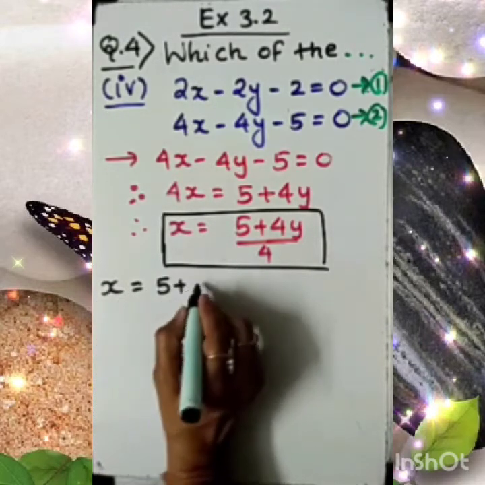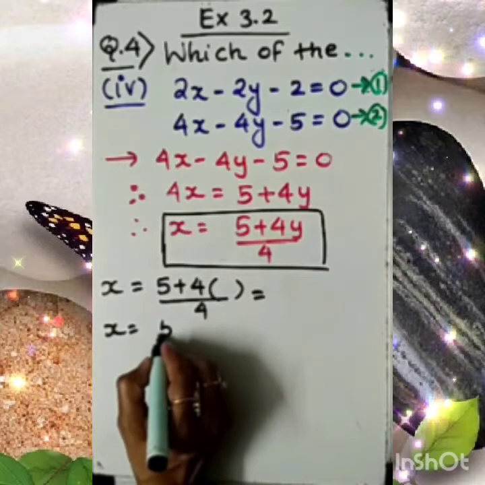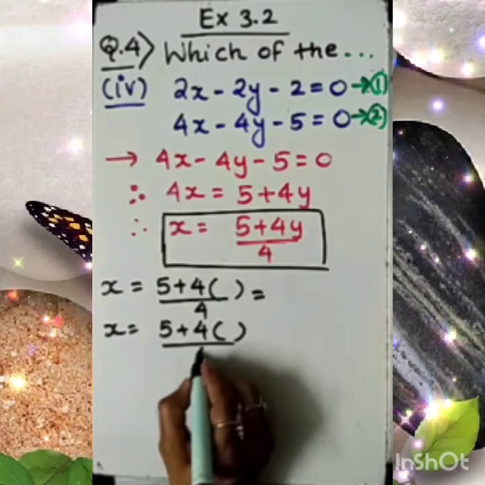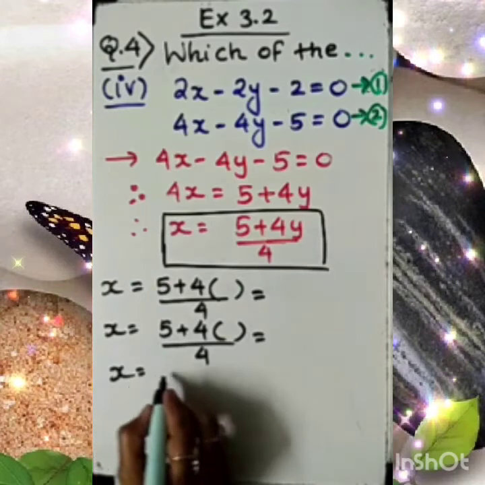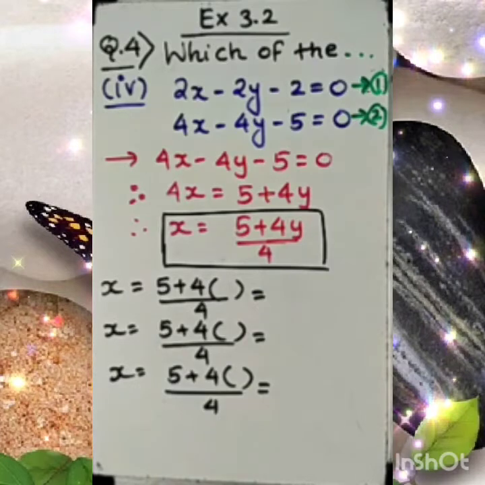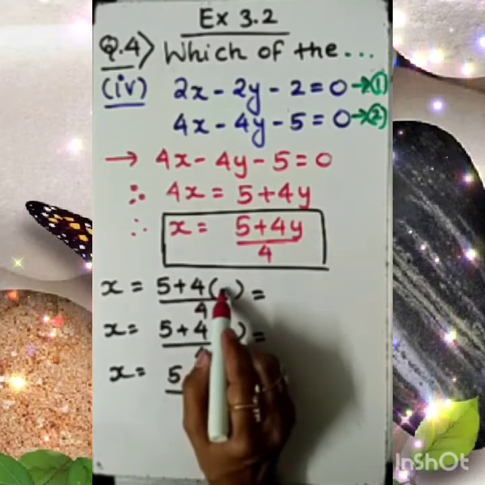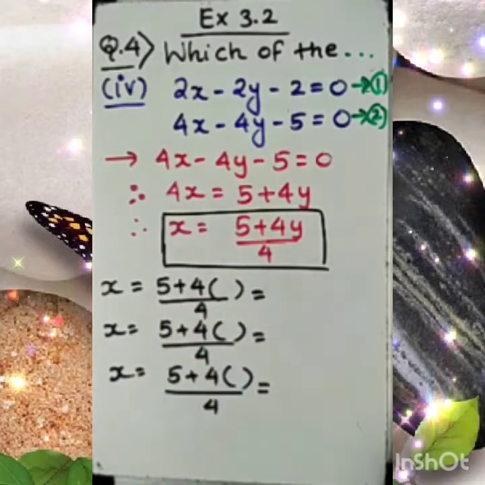x equal to (5 plus 4 times blank), here I am putting a blank. So you think about which value will be convenient to put here, so that the number we gain in the numerator will be divisible by 4, meaning the number should be a multiple of 4. Fine. If it is not, then also nothing to worry about. The answer can be in fraction, and an answer in fraction can be converted to decimal. Then also okay. So dear student, if I choose 0 here, think about that. 4 into 0, so I only have 5 by 4 here. A fractional number, we can work on that, no problem.